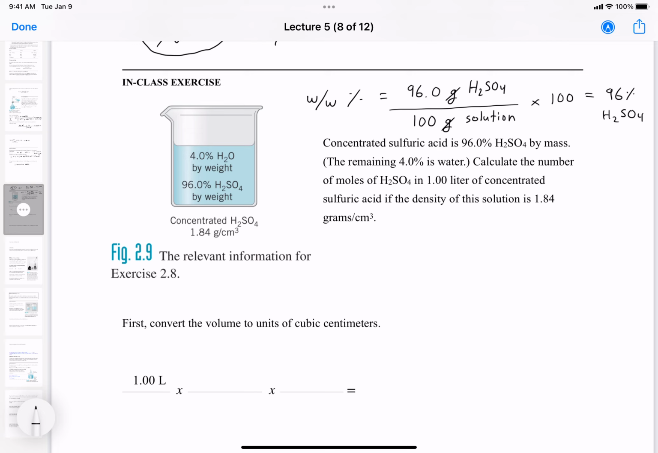So that's one of the downsides of using percent solutions, is that you would need to know the density of your solution. Okay, so first things first, let's convert our units to cubic centimeters, because if you look in this picture here, we have our density here, 1.84 grams per centimeter cubed. So centimeter cubed is the same as a milliliter. So we know that one liter is equal to 1,000 milliliters,